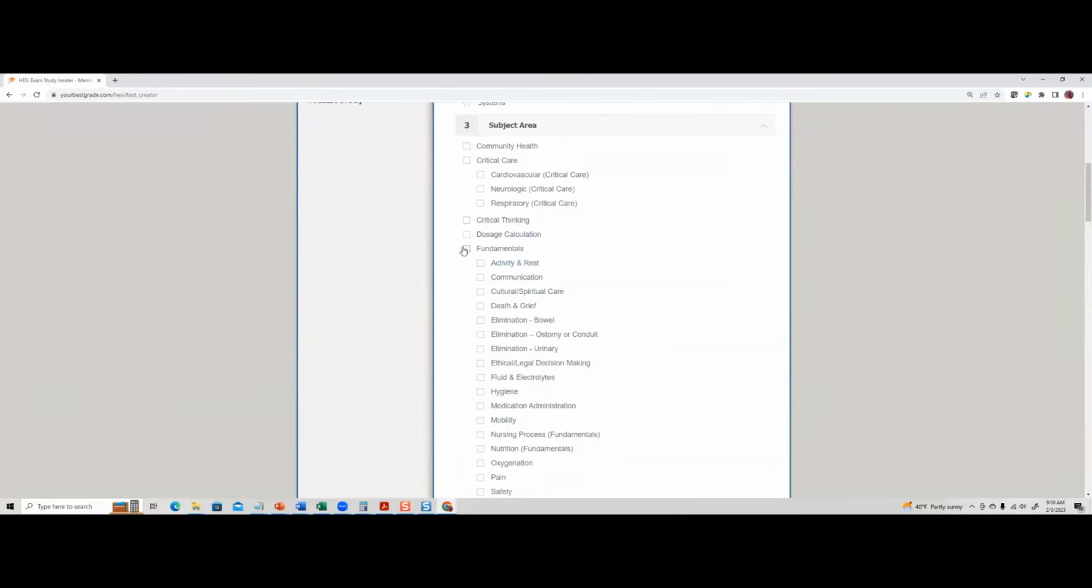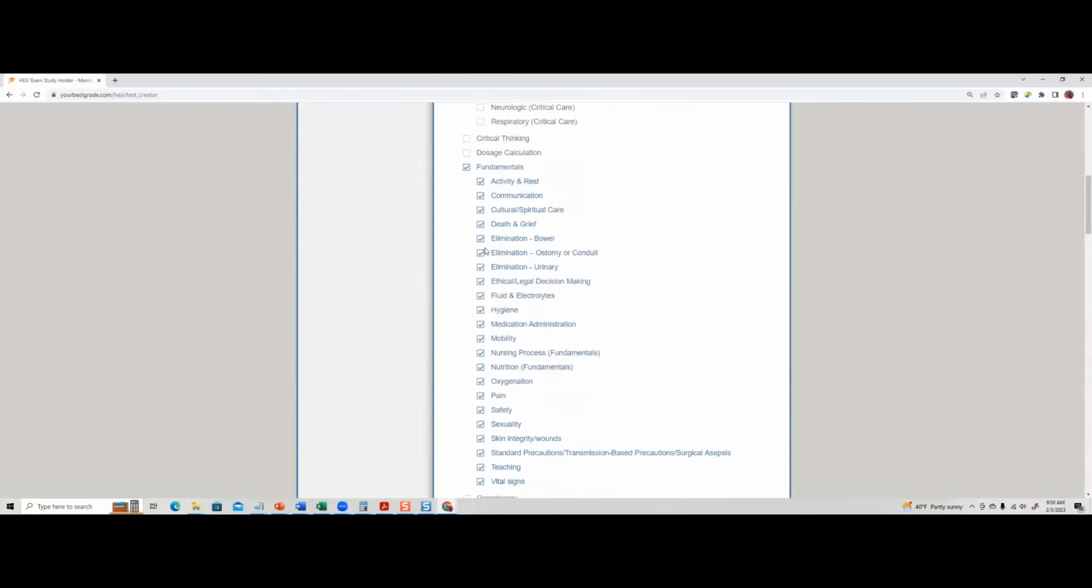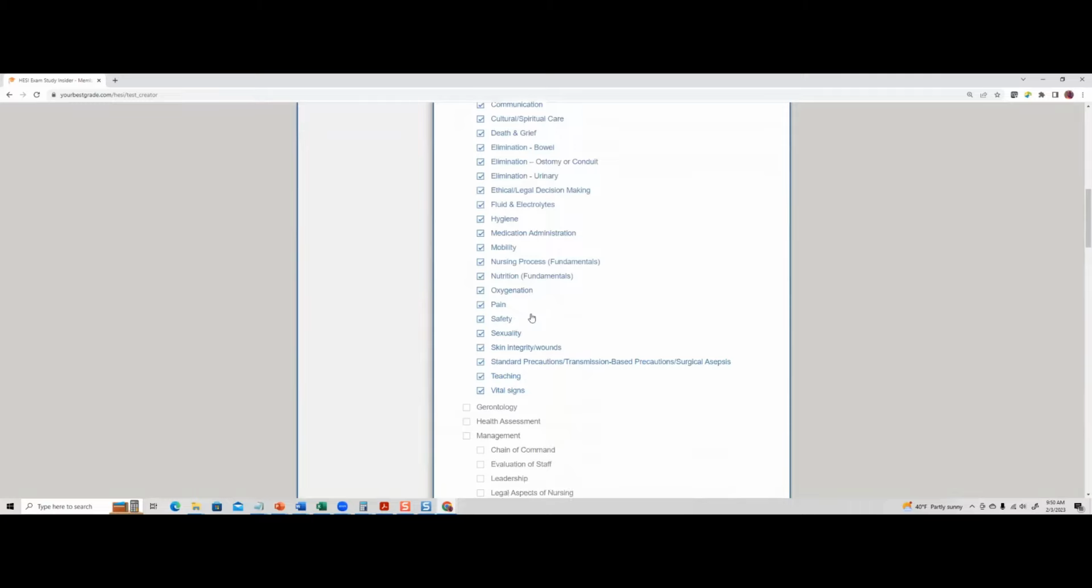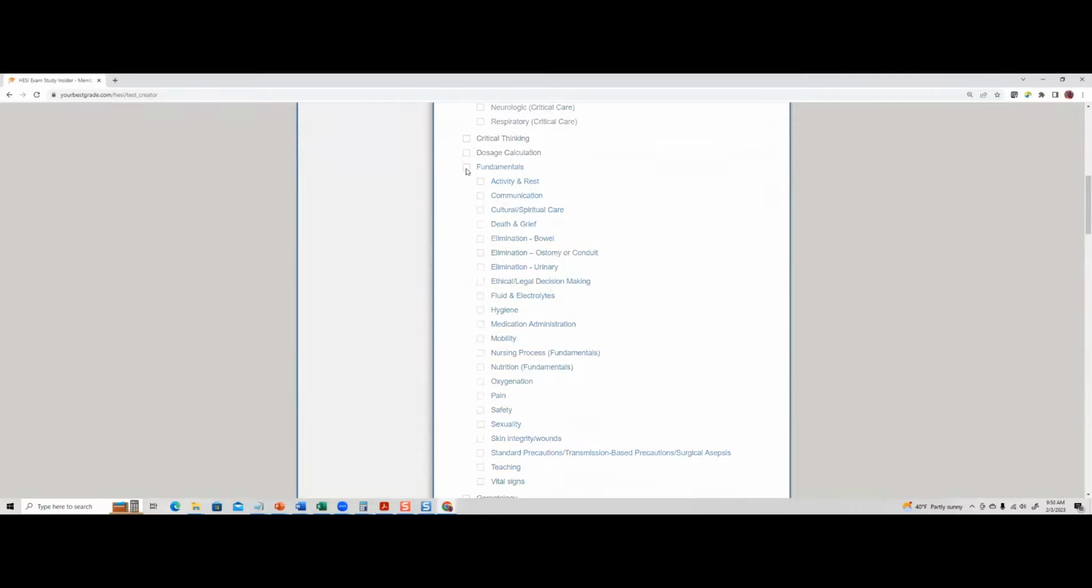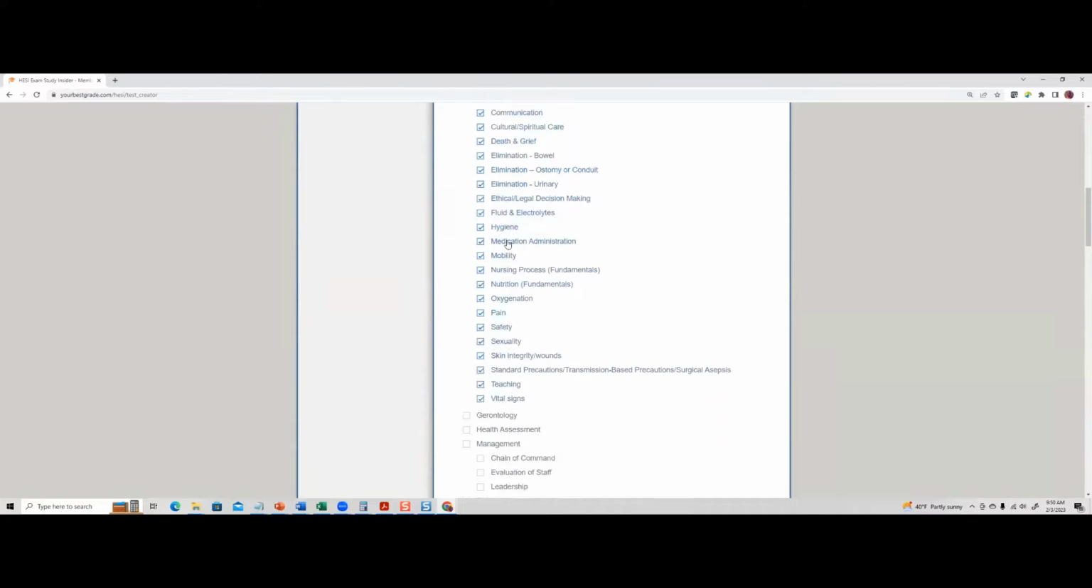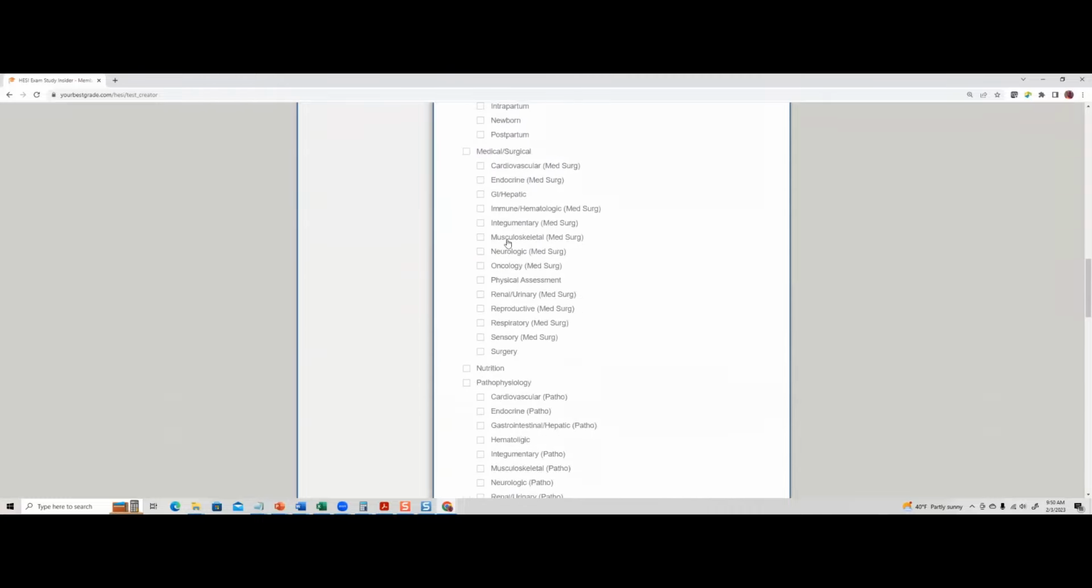If I wanted to go over every single fundamental section, I would just click on fundamentals, and it automatically adds in all the topics that a nurse would learn or review in nursing fundamentals or Castle 1. Or you can specifically focus on specific elements that you're looking for. But let's go ahead and click on all the fundamentals, and then you'll come on down